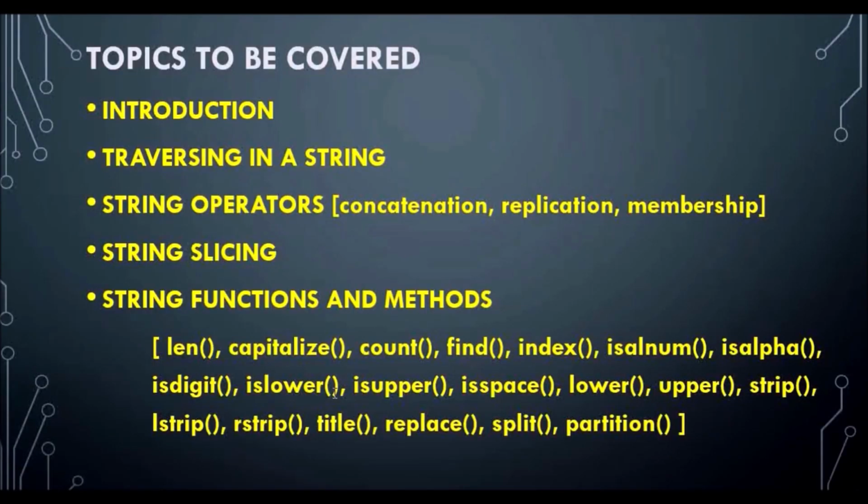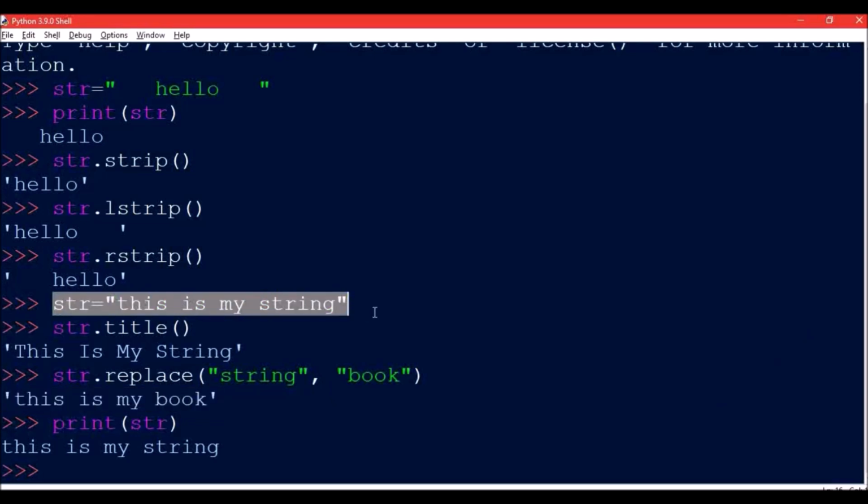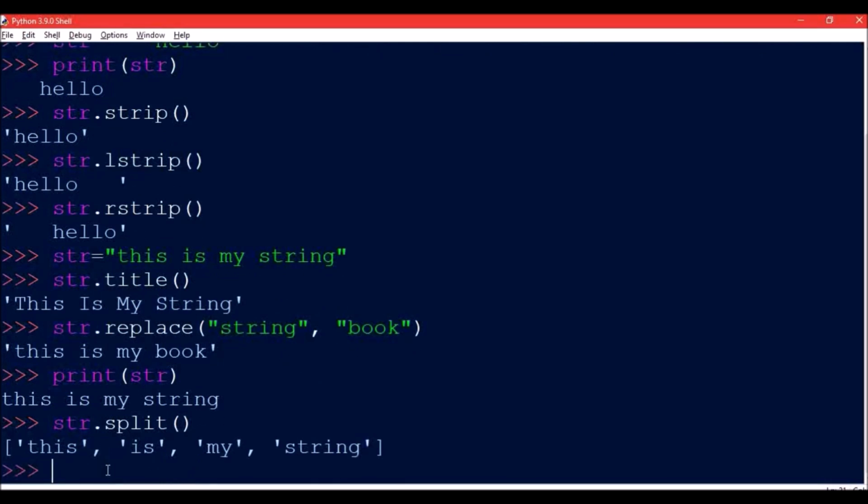The second last method is split. Split basically splits a string based on the given string or character, and it returns a list containing the split strings as members. And if you are not mentioning the character on which the split has to be done, then by default the split in the given string will be considered on white space. str, this is my string, this is the string over here, and if I write str dot split, then in this case I am not mentioning any argument in the split. I have not mentioned any separator over here.